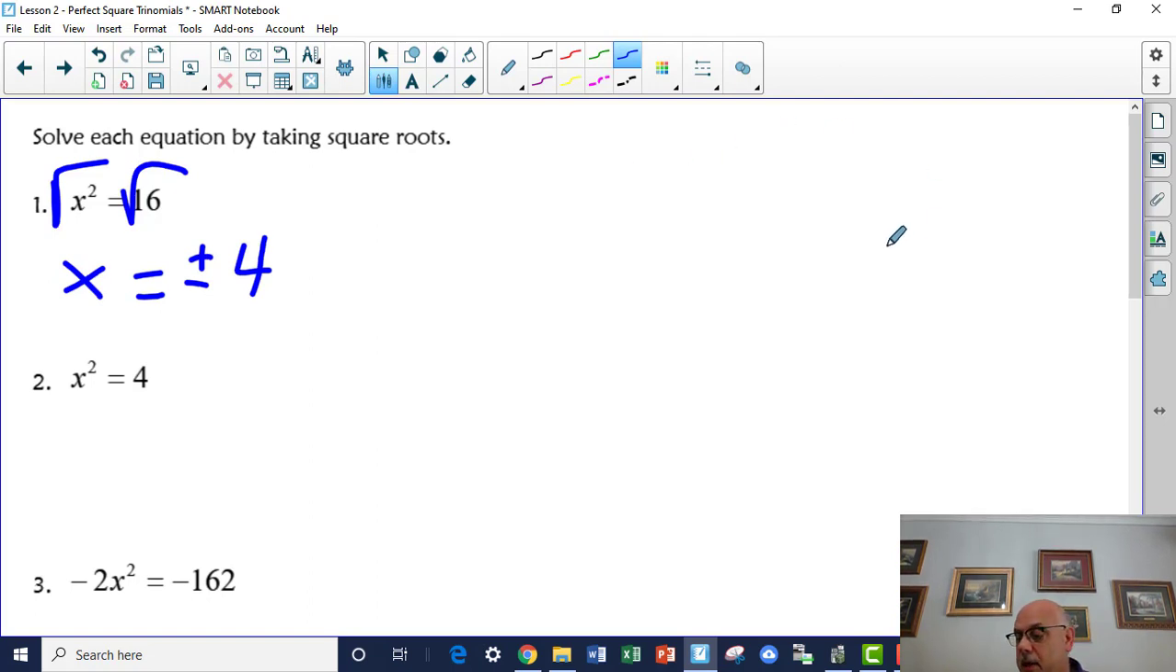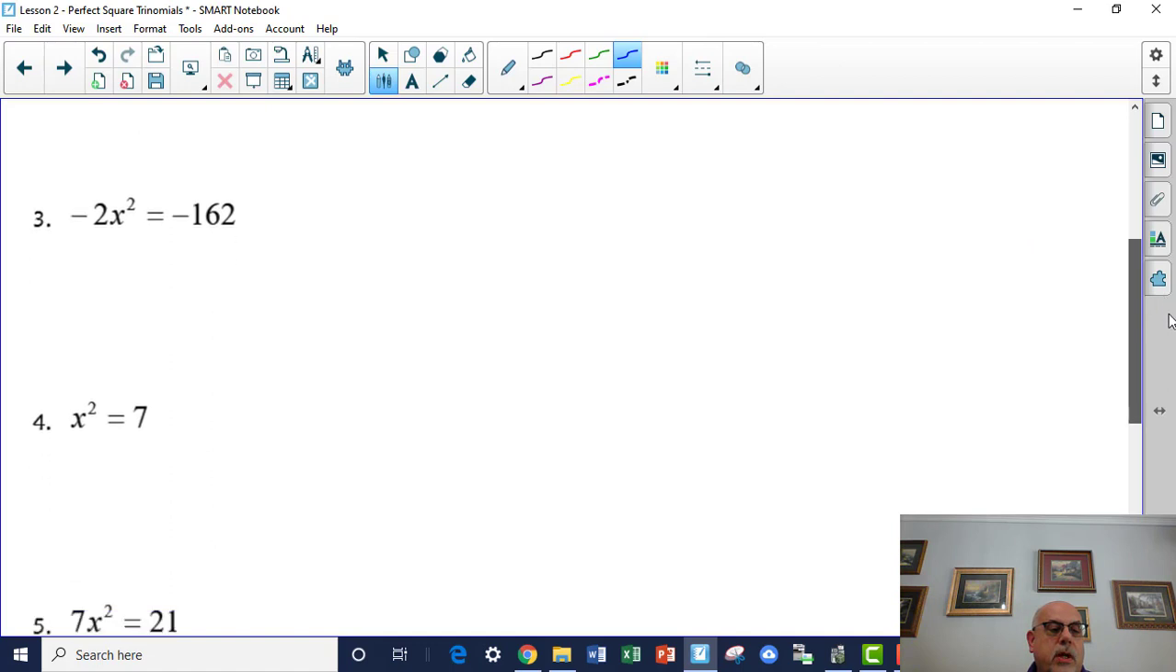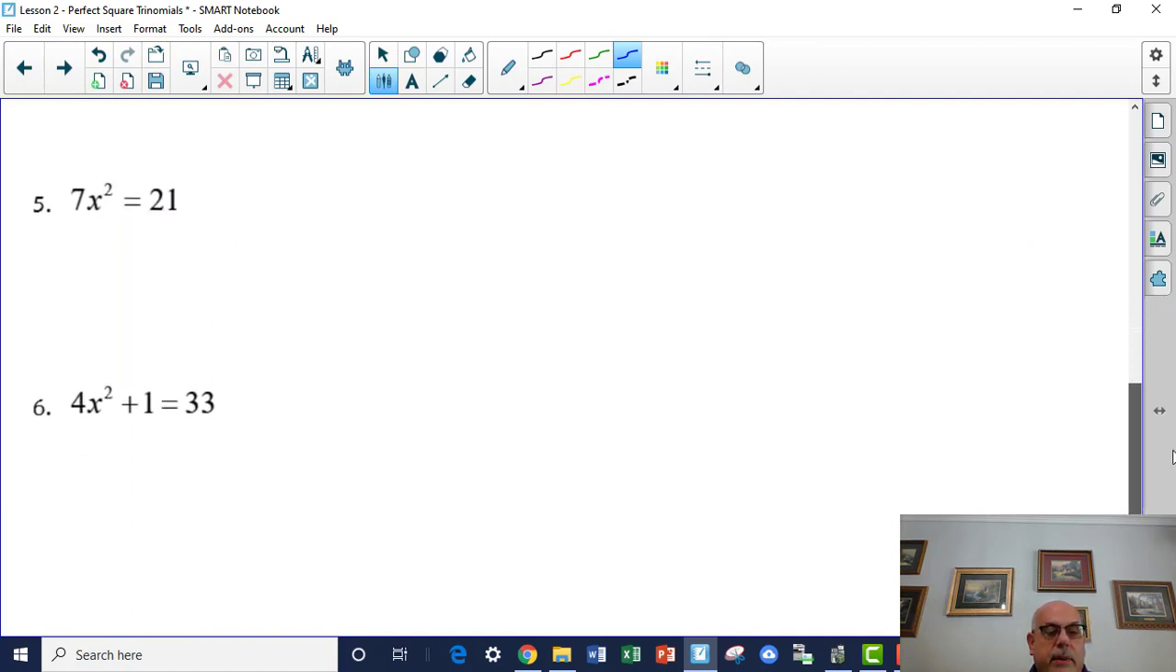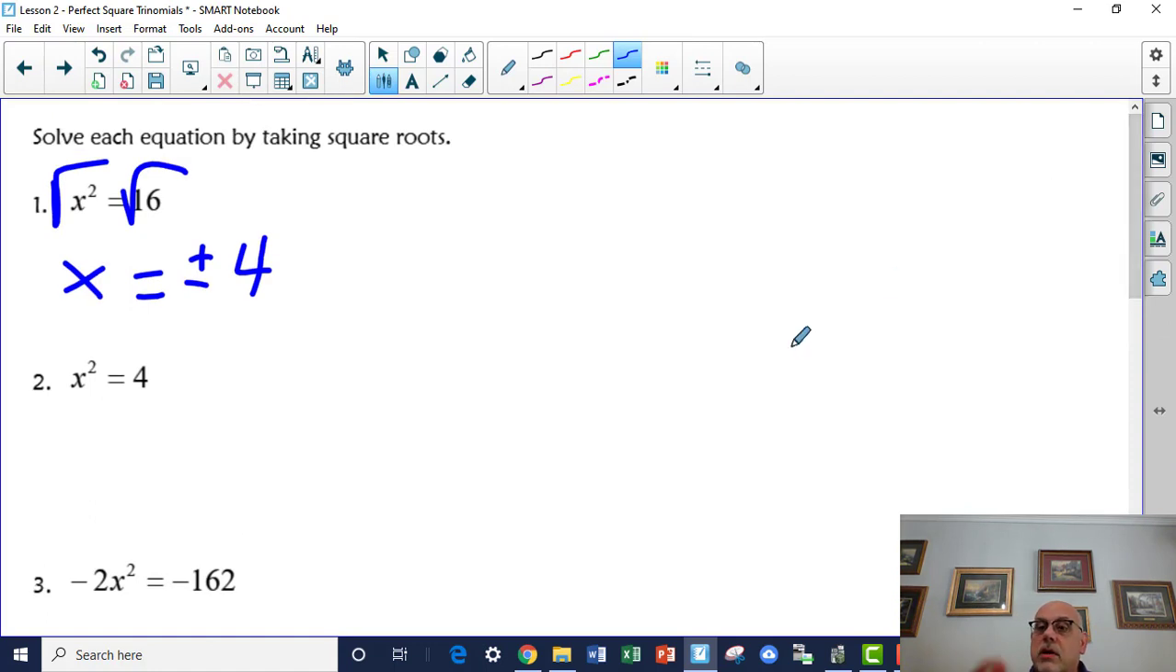So on this page, I want you to solve them ultimately by taking the square root of each side. You may have to do some work first, like number 3, number 5, number 6. You may have to do some things first before you can square root both sides. So this is the lesson on perfect square trinomials,